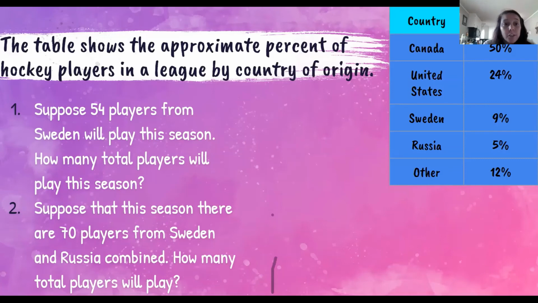So the very first question, suppose 54 players from Sweden will play this season. How many total players will play this season? So you have to find the percentage from the table that is given to you. So it's talking about Sweden. 9% come from Sweden. So my problem in this, in order to find the whole, I would have 54 divided